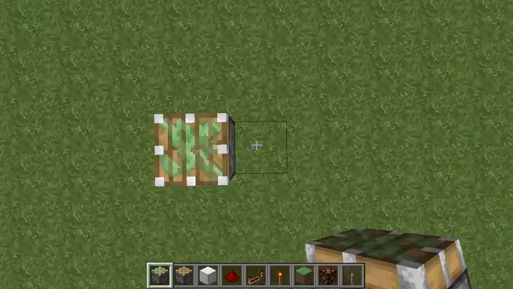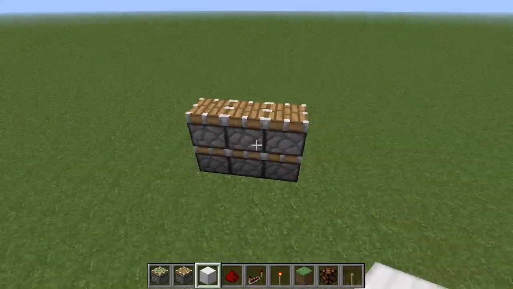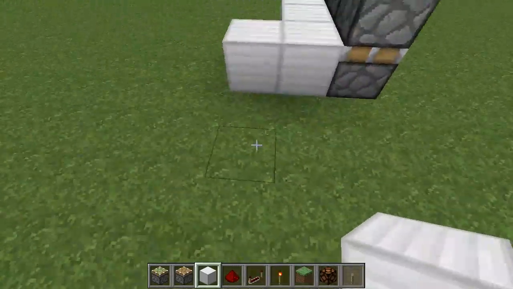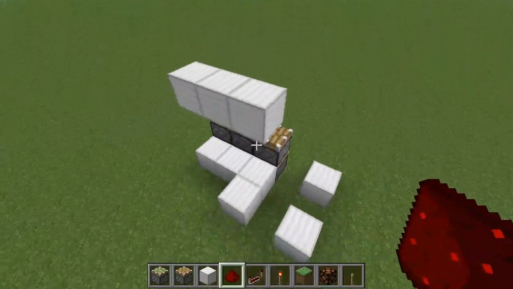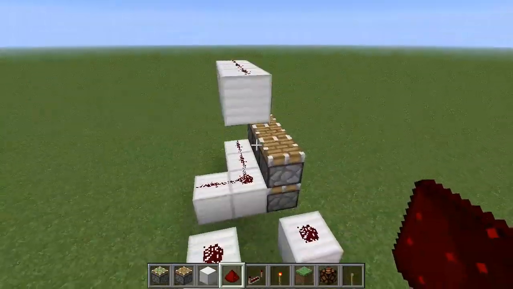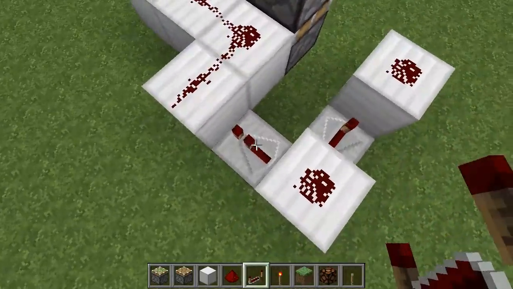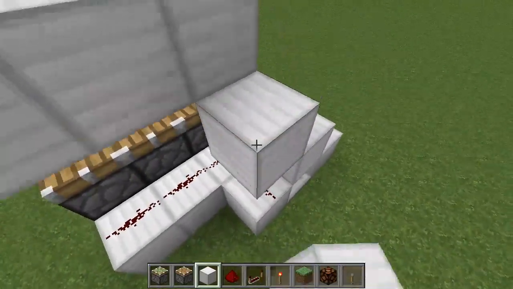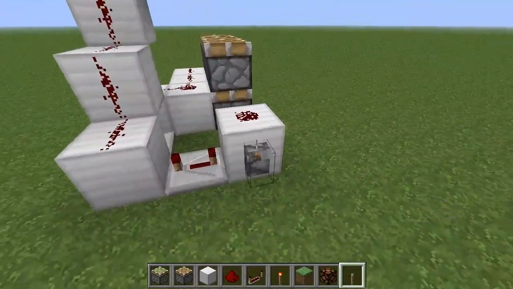We're starting out with a row of sticky pistons topped with a row of regular pistons, and then we're going to make this shape out of blocks and put redstone wire on all of it. Then we can put a repeater set to 4 here and 2 here, and then we just want to wire this one directly up to the top here. So what this has given us is a double piston extender,